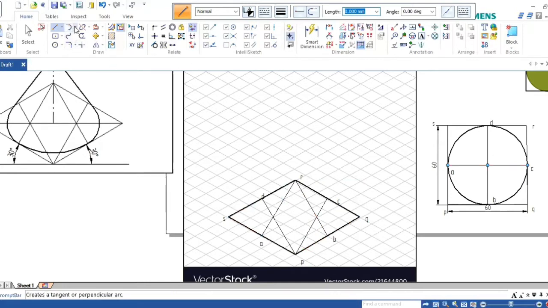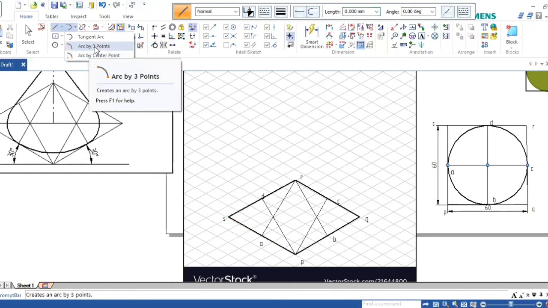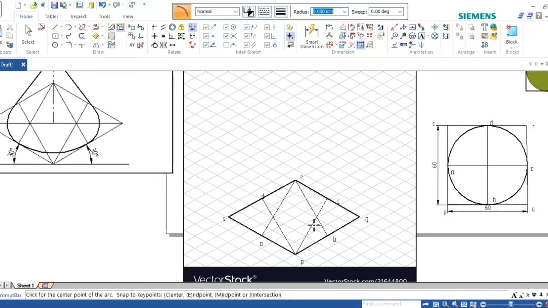Go to arc by center point: take the compass, measure this radius and draw an arc, then with this center take P to D as the radius and draw an arc, and take R to B or R to A as the radius.